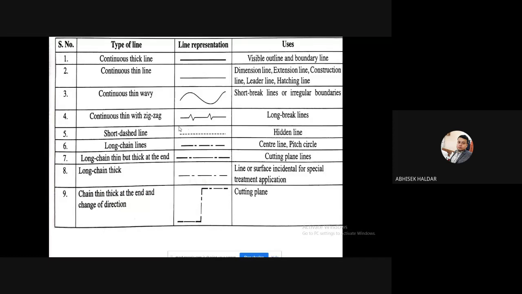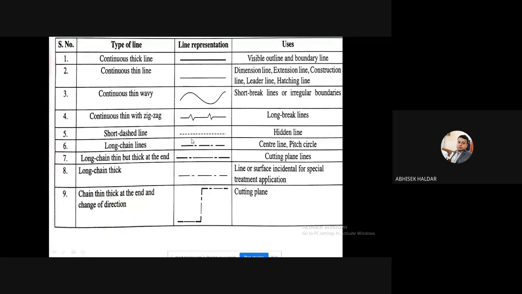There we may not be able to see all the parts from all the sides. So the parts that I cannot see from my side will be denoted by this type of hidden line or dashed line. And the last one that I told is your center line, that is nothing but the axis of symmetry of any object. It will pass through the middle of the object.